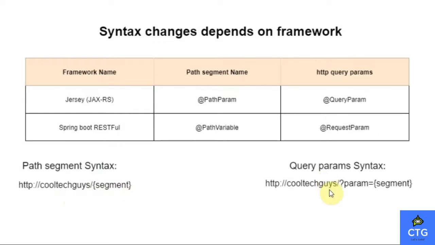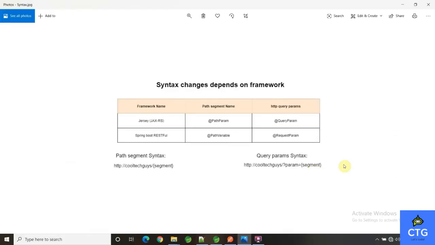The same way, if you want to pass the variable in query params, basically query params is nothing but a key value pair. Here you can see the question mark. The question mark is the separator between the URL and the variable. So the param is nothing but a key, and segment is nothing but a value. If we want to add a few more data, we have to add an ampersand symbol after segment, and then append a few more variables. So basically this is the very basic level of params in RESTful API. In the next slide we are going to see one real-time sample of both path param and query params.